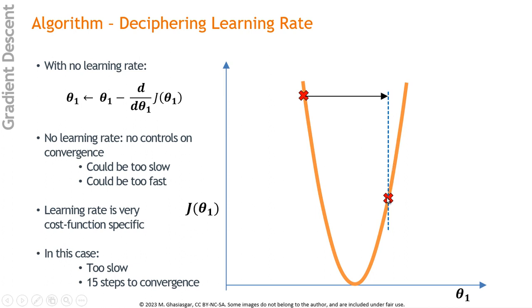And then here, it may do the same thing. So the steps are very, very large, back and forth like this. So this clearly is not a very good specification for a learning rate. Right? So you can see that the optimal learning rate is going to depend very much on the particular conditions